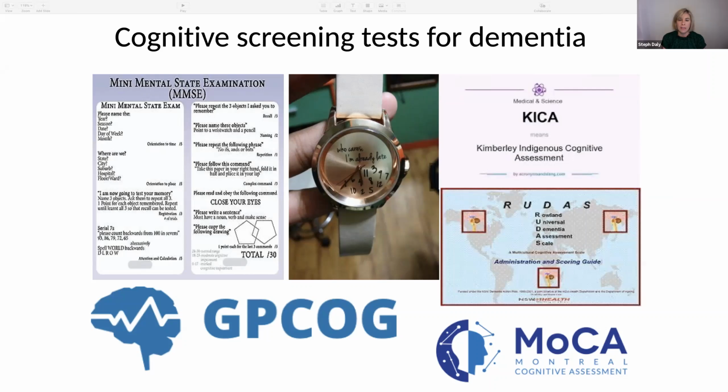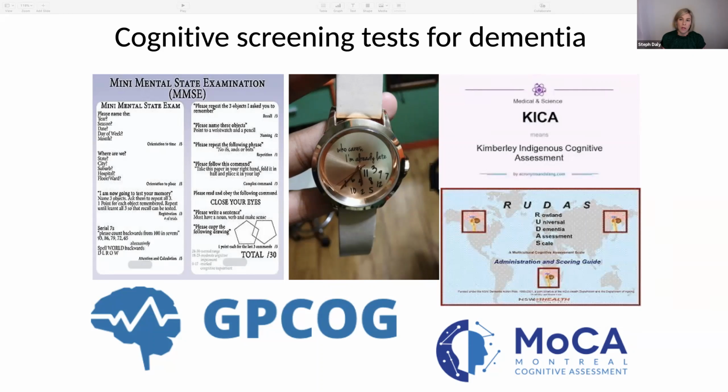test doesn't seem to be marrying up with that, you might want to get further information, perhaps from a neuropsychologist if you weren't sure. But it might just be that they can perform very well on the cognitive screening test, and there is genuinely some underlying cognitive impairment there from the history. So always bear in mind that these things aren't 100%, but there are a few that you can use.